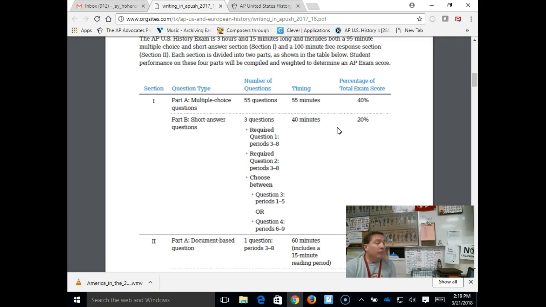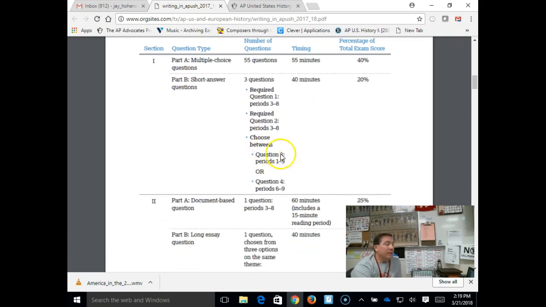Sweet. So when we think about what's going on with the review that we've done, you've already done period 1, you've already done period 2, and let me remind you of what you see going on with your concept outline. The College Board has told you, guaranteed, that none of the stuff we've done in your previous reviews will be part of short answer question number 1 or short answer question number 2. And if you don't want it to be, it won't be part of short answer question number 3. You get to choose from either periods 1 through 5 or periods 6 through 9. Each of these 2 short answer essay questions will deal with the same skill, the same theme. They'll just be from different time periods.